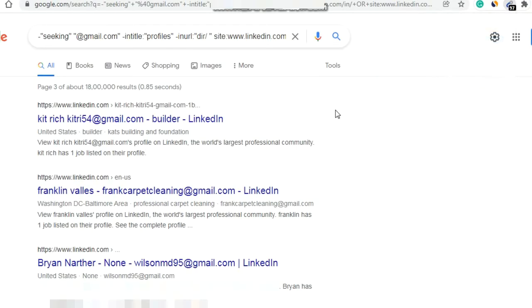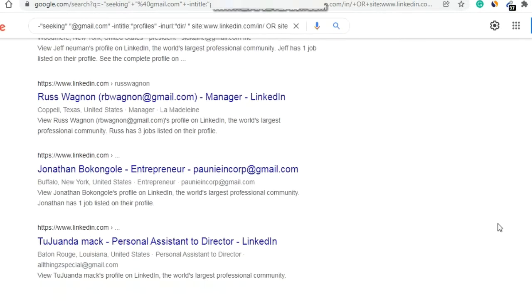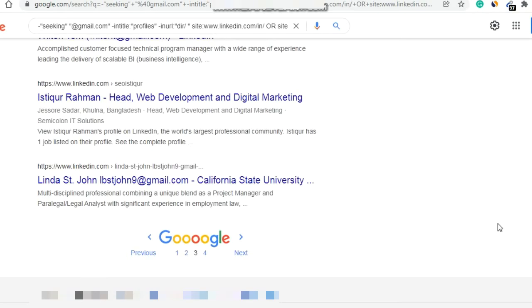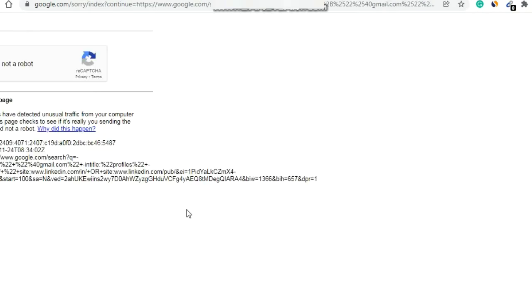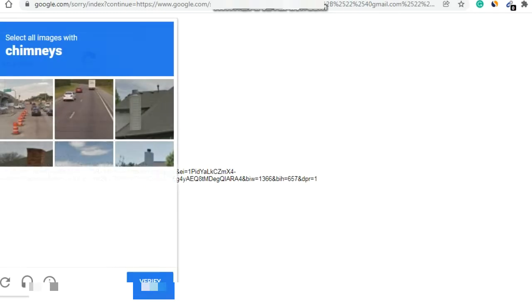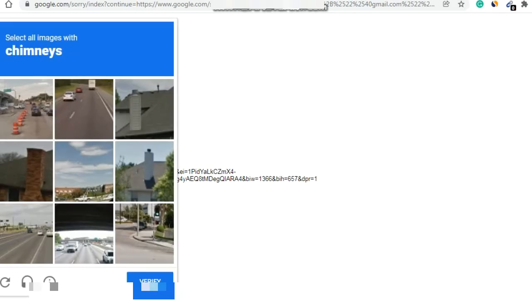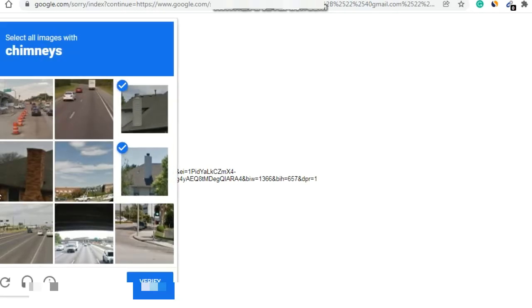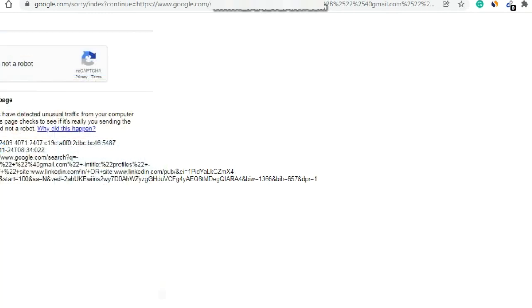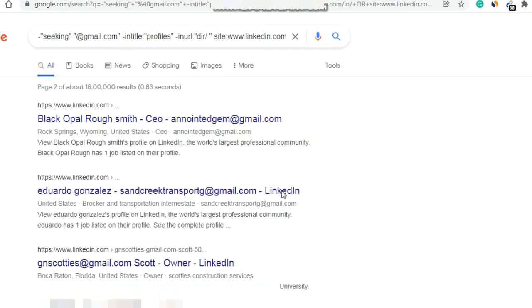Again, next, some emails were there in page number 2. Okay, this many emails.